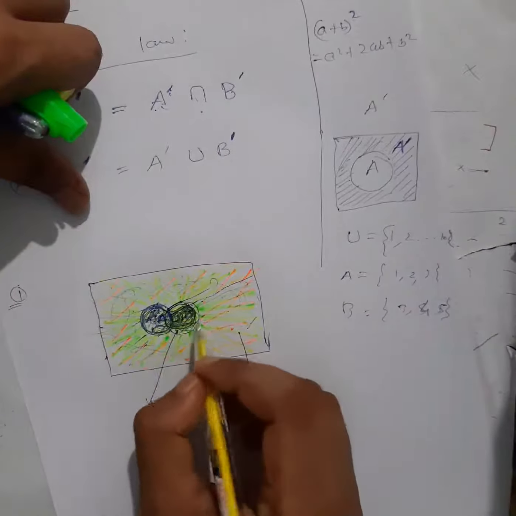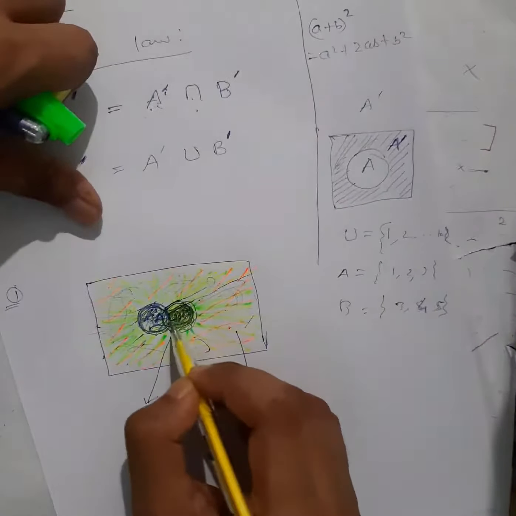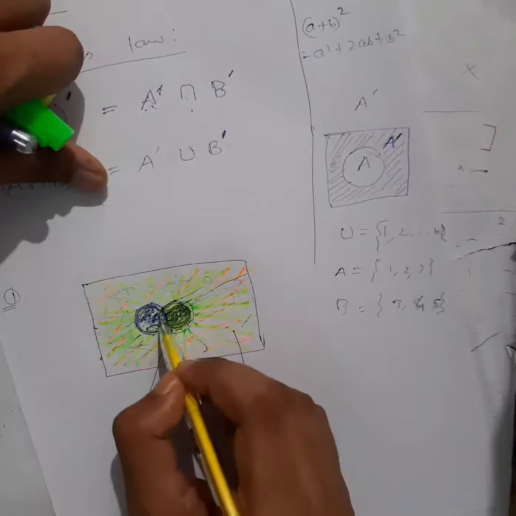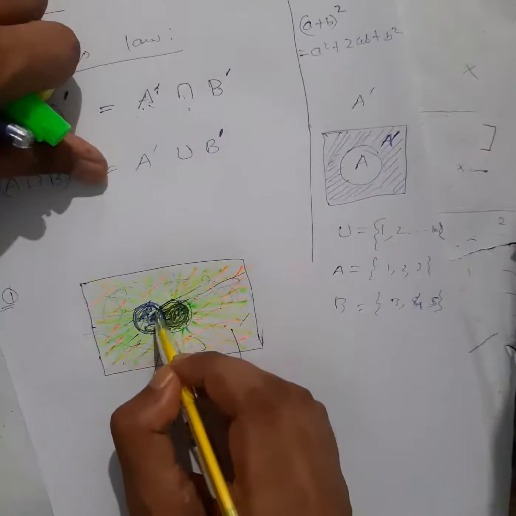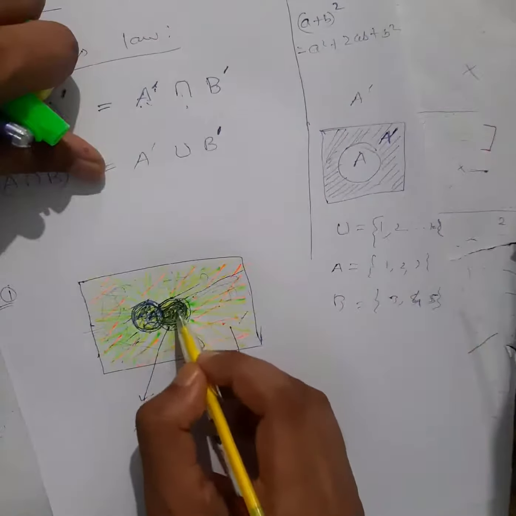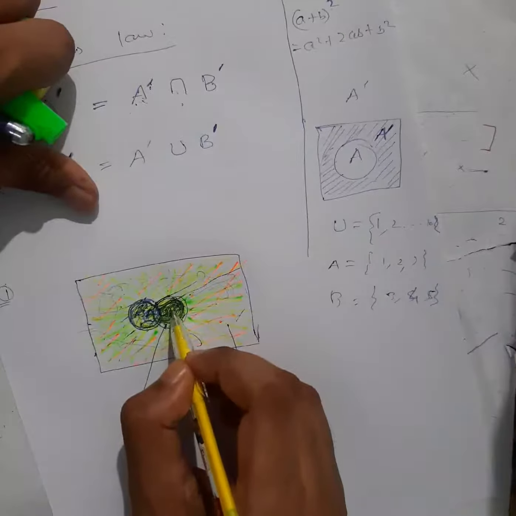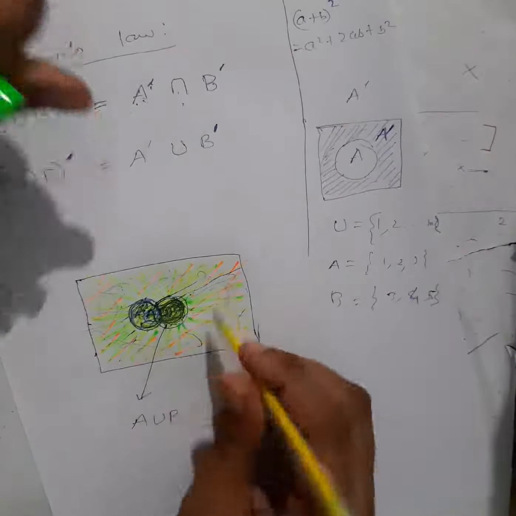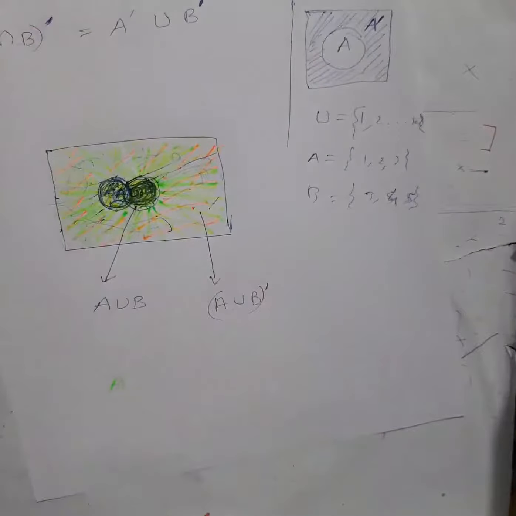Okay, but in this case here only, for A what I have taken is yellow, right? Here only yellow will be there. Green won't be there, because B complement means what? Other than B. So green will be here. So you can see in this portion only green will be there, in this portion only yellow. So yellow and green both will not be there. Common region will not be there. Okay. So which one will be your A intersection?